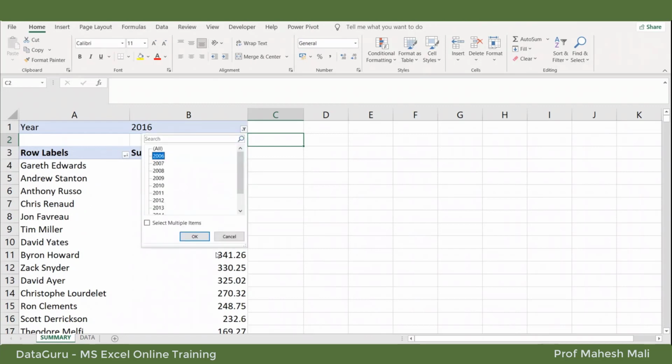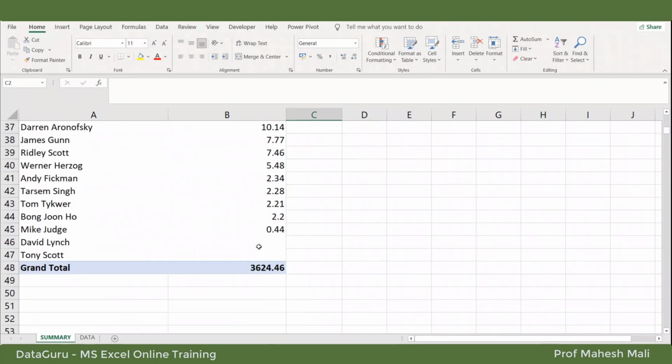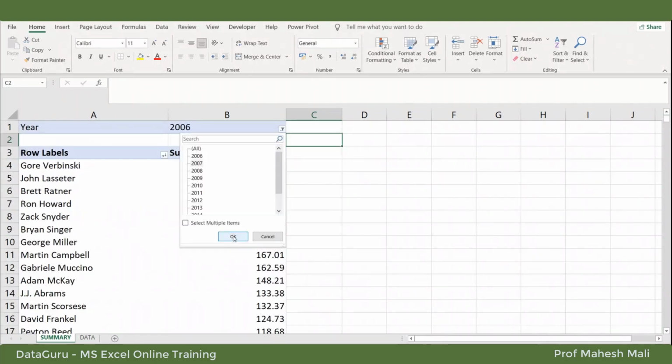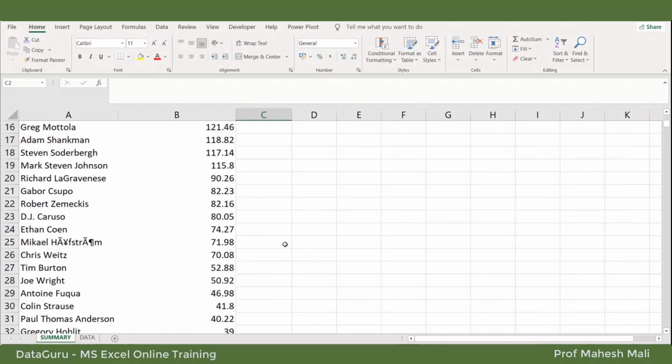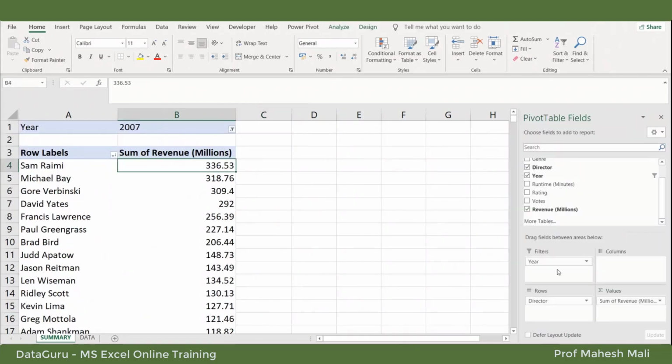If I want 2006, this is the 2006 data. I have applied one more filter over here, 2007, and so on. All right, so I have applied one filter.